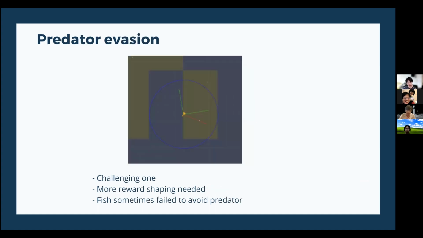For the predator evasion, we think this result is a more challenging one. We see some of the fish that fail to avoid the predator at all. Since the predator has two states, chasing state and cruising state, when the predator is not hungry, it will always be in cruising state. And we find that when the predator is in cruising state, or not hungry, the fish will